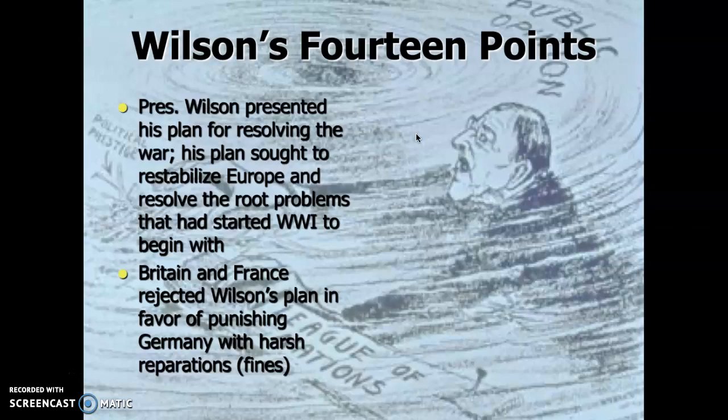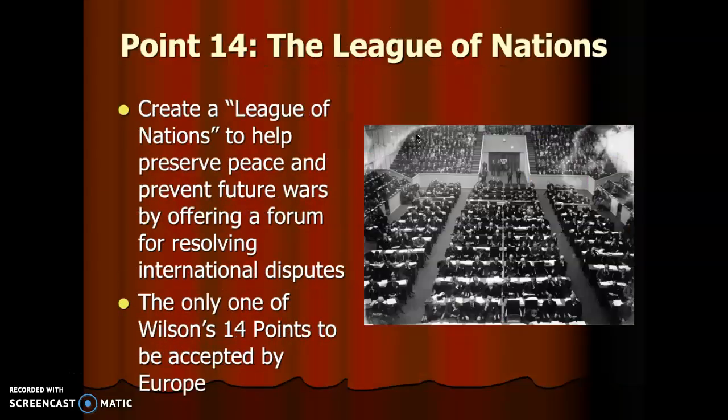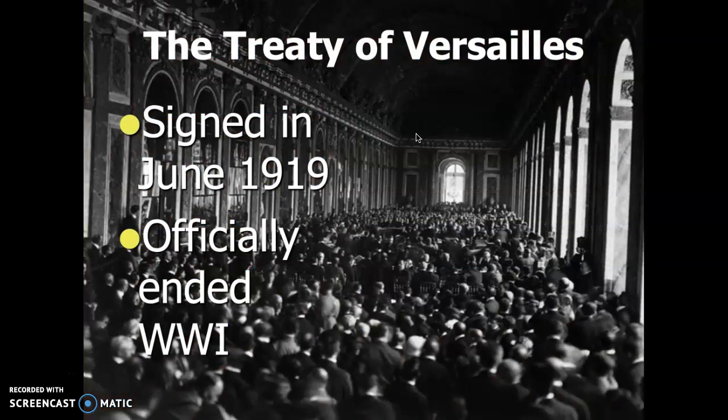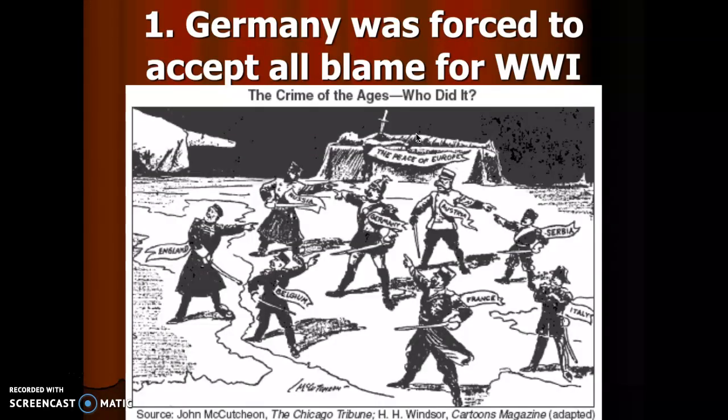Well, we now have some American issues that kind of come in. Woodrow Wilson is an American history thing. We won't really talk about that, but what we do want to talk about is this idea known as the Treaty of Versailles as we close. Because it's important to know the Treaty of Versailles. It is signed in June of 1919. It officially ends World War I. And I want you to pay attention to what the requirements were with the Treaty of Versailles.